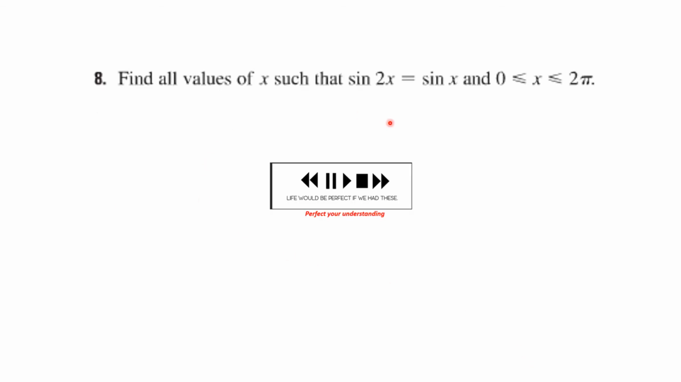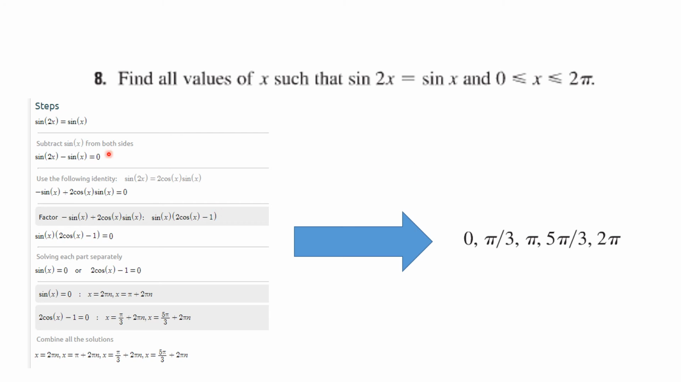Here we're supposed to solve this trig equation. The sine of 2x is equal to the sine of x, and we're restricted in where the x can be. You know what to do. Let's see how you did. Well, what we do is we use another trig identity. We use the fact that the sine of 2x is 2,